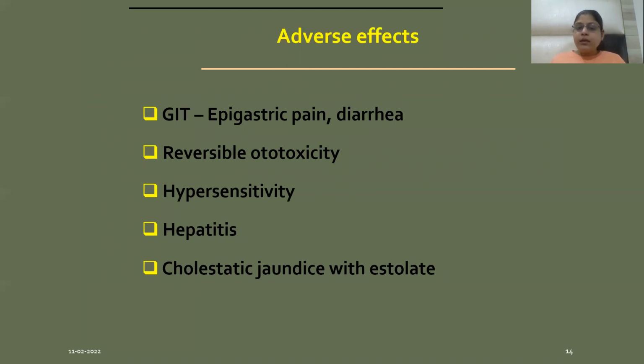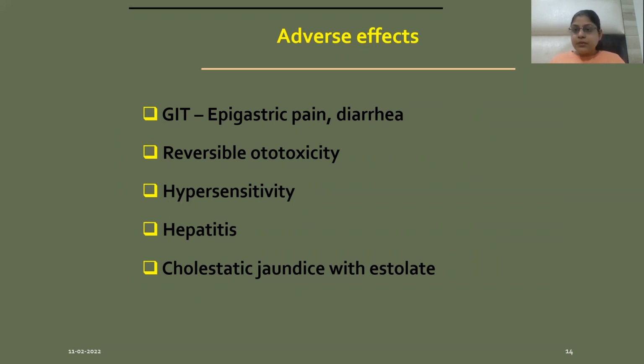M is for the motility receptor stimulation, which leads to diarrhea, nausea, vomiting. So it can be used in the treatment of diabetic gastroparesis and paralytic ileus, because it is known to cause diarrhea in the patients. A for